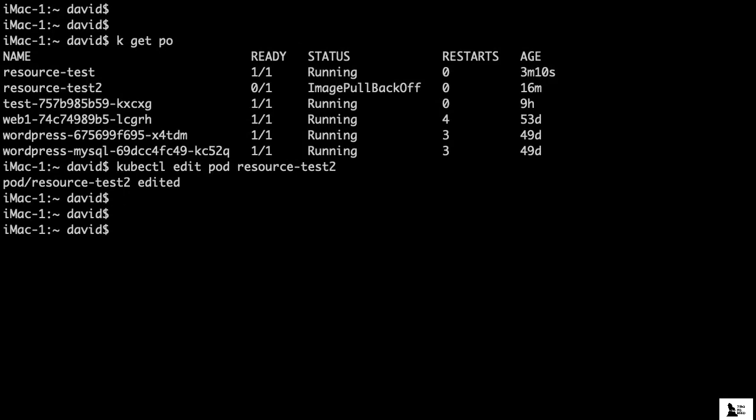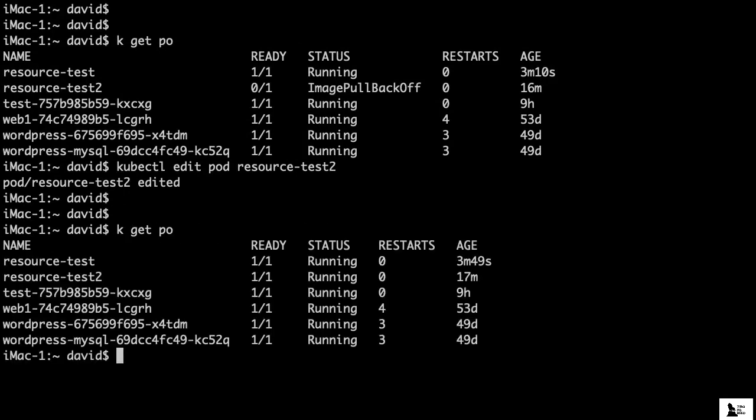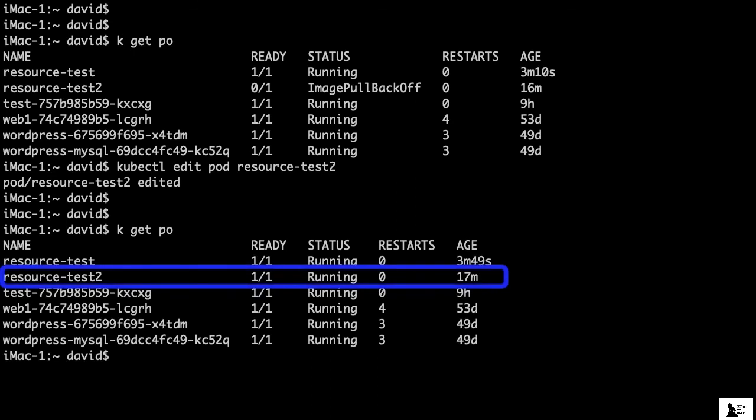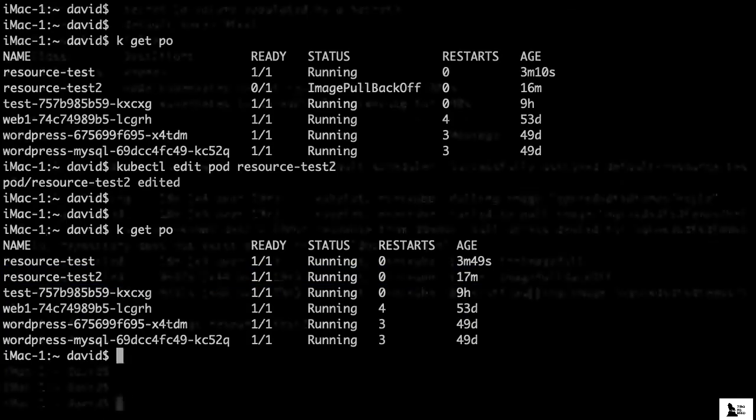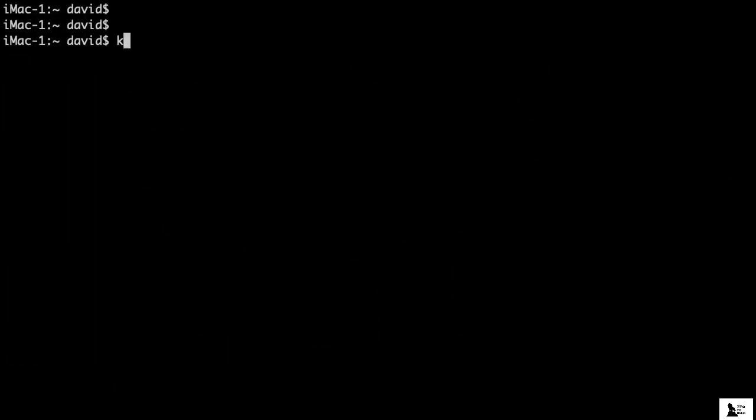Let's write quit this, and the pod YAML was edited. Now we'll get pods, and hey, there we go. We were able to edit the YAML of the pod. We fixed the image name, and then it was immediately able to retry and pull down that container. All right, and with that,